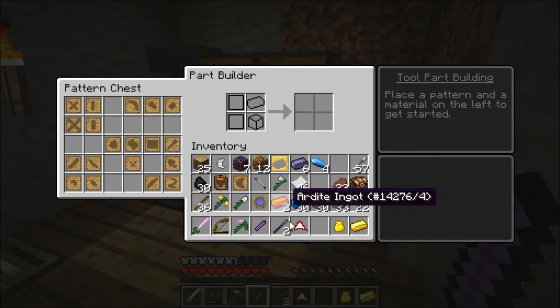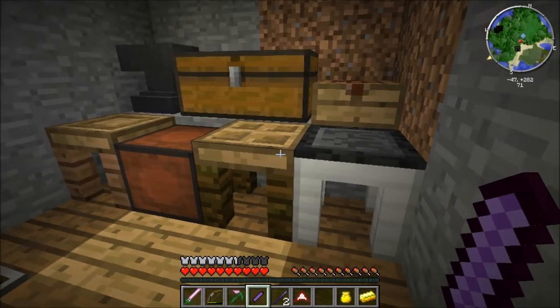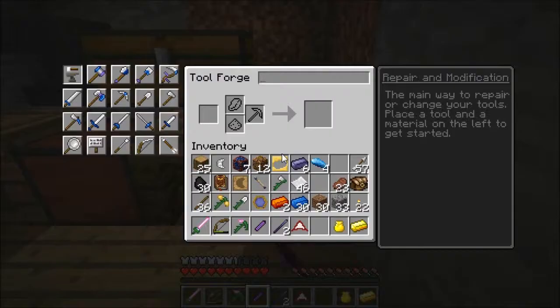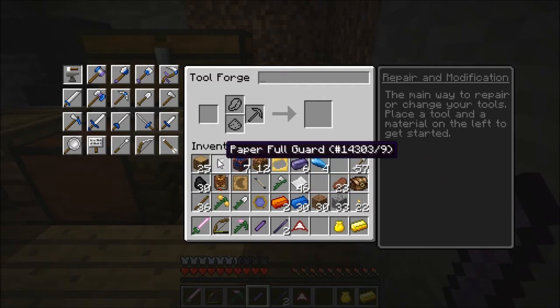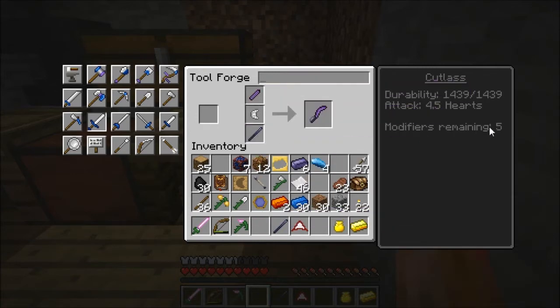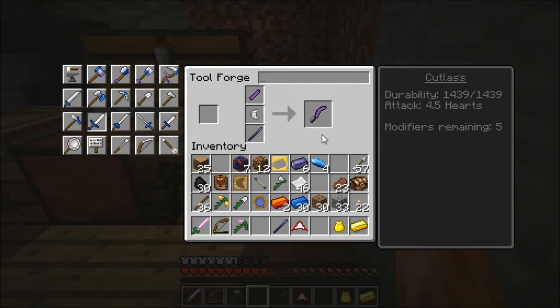So what it does is it has good durability. So what people are doing is they're using it as rods. Well, it has a decent durability modifier. It's not perfect, but it stacks with the paper as far as modifiers go. So you can have... Okay, we'll just do this. You can have up to 5. Yeah, see, up to 5, and attack on this is 4.5 hearts, which is pretty good. It's actually really good. Plus 8 attack damage, and then we are going to